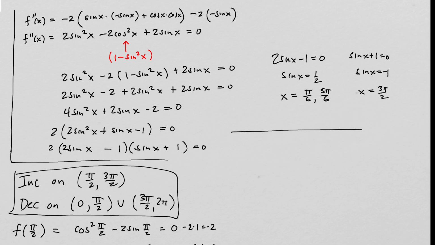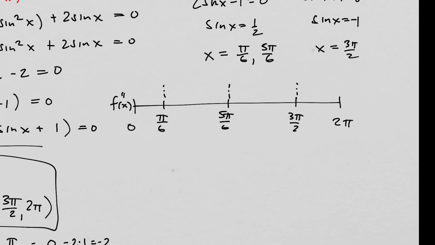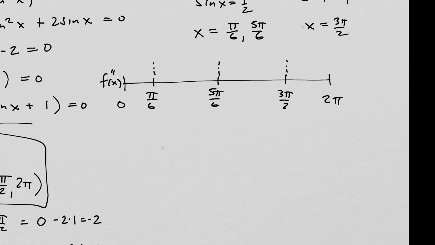And we do the same thing. We set up our number line. This number line represents the second derivative. And we're going to put pi over 6 on this number line, 5 pi over 6 on this number line, and 3 pi over 2. And we have to test values in between these values. And this is where it can get a little bit tricky, because when you have a value like pi over 6,